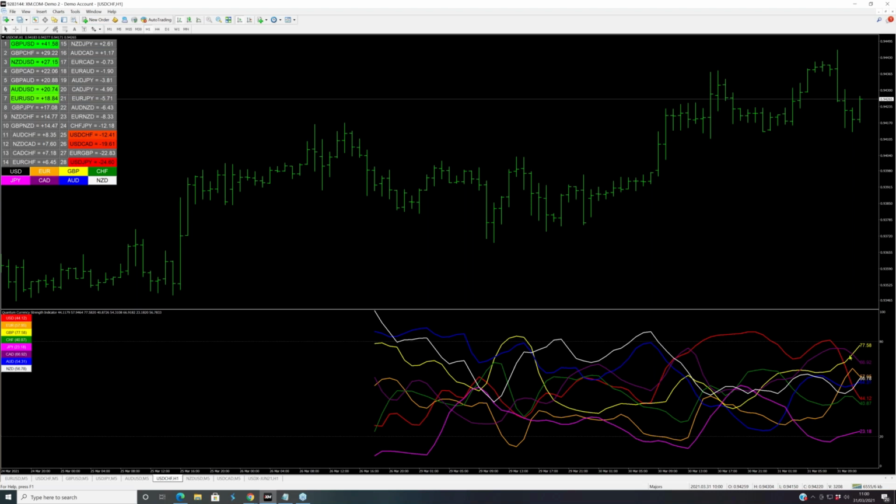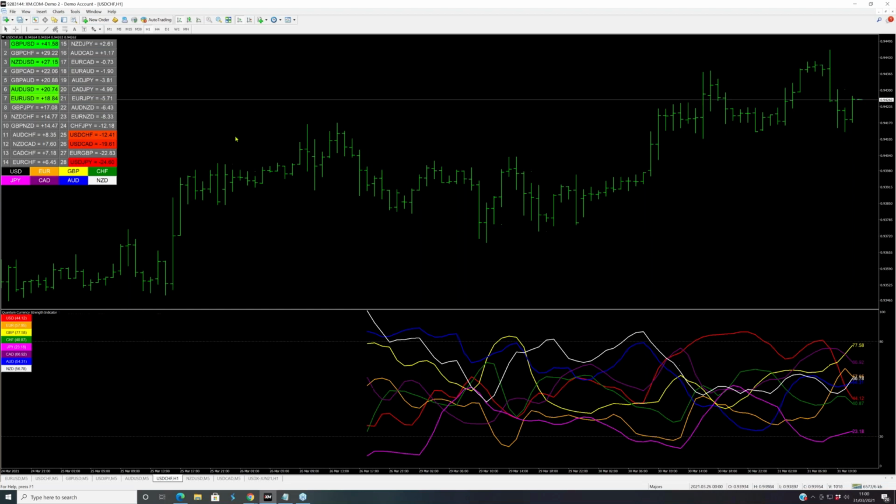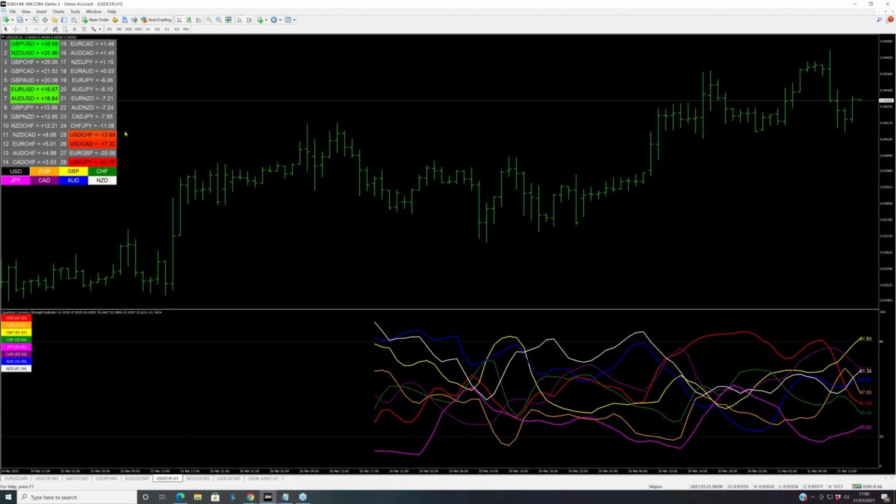And the dollar CAD is a good example of that. You can see that the CAD is turning down along with the dollar, and that's reflected over here in the sense that it's at the bottom. But the values don't really match what these values are at the other end of the spectrum. If there was consistency of strong selling across all the dollar pairs, you would expect the values in these dollar pairs to be the same, obviously minus, but you would be in the same region that you have them in the pairs at the top of the matrix. There hasn't been,